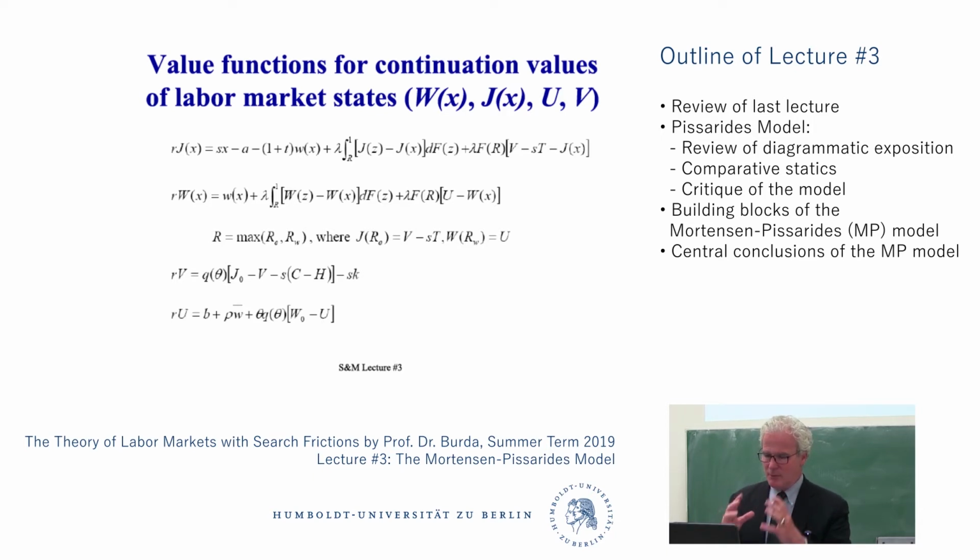So I'm an employer, I have a worker in place. In the next instant of time, I'm getting income from that. The opportunity cost of that asset would be R times J. So if the matched worker were worth cash to me, I put it in the bank, I would get R times that in the next dt. Okay, so the left-hand side is kind of like the value, the income value accruing from asset J.